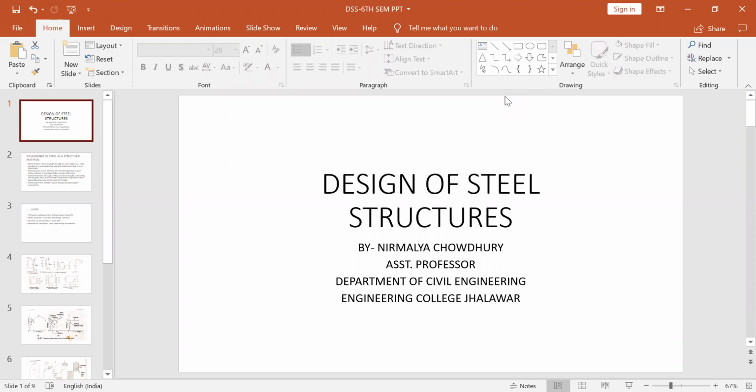So, in the previous lecture, I introduced to you briefly steel structures. What are the properties of steel structures? And then we discussed the units or the topics on which steel structures design will be confined. So, today we are going to start with the advantages of steel structures, why we use steel structures, and a little bit of introduction to plastic analysis and design. Okay.